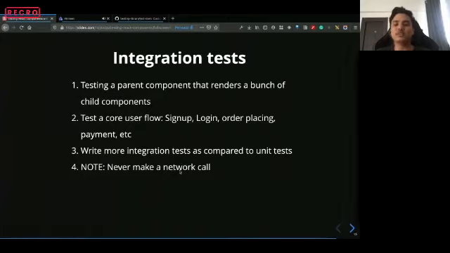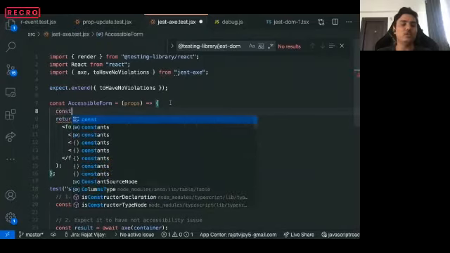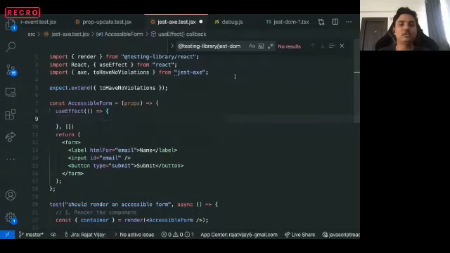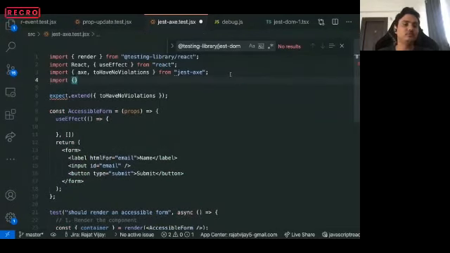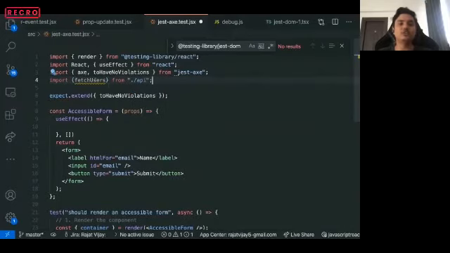A very important thing to keep in mind is when writing integration test cases, you never make a network call. So for example, if your form is making an API call, let's say inside a useEffect hook, importing fetchUsers from an API. This is a function that returns a promise, and that makes an API call to fetch a list of users.